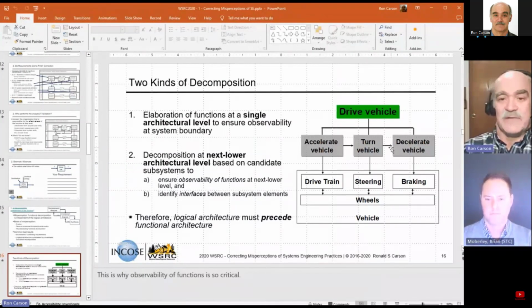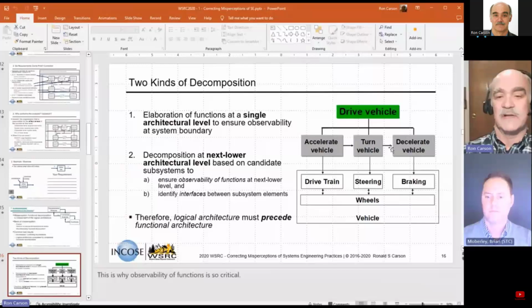For example, in this diagram, I have a rather conventional vehicle architecture with a drivetrain and steering and braking. But you could have, and that leads to, a mapping and a decomposition of the parent functions. Accelerate is almost wholly allocated to drivetrain. Right. But if you had, for example, a vehicle that was not just a simple drivetrain and separate steering system,